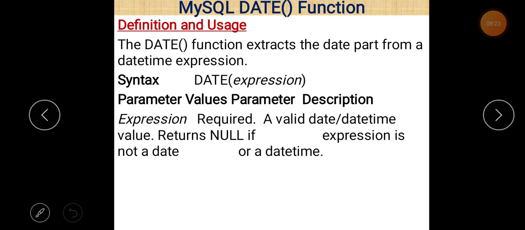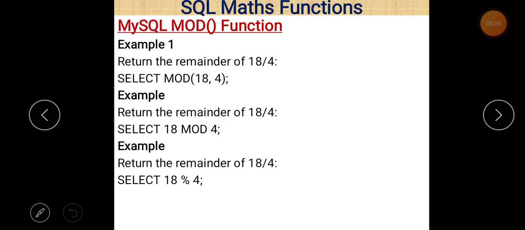Next, these are some mathematics functions which are used in your tables most of the time. If you want to perform some calculation, then use these mathematics functions. Other mathematics functions are also there, but these are the most commonly used functions in MySQL.